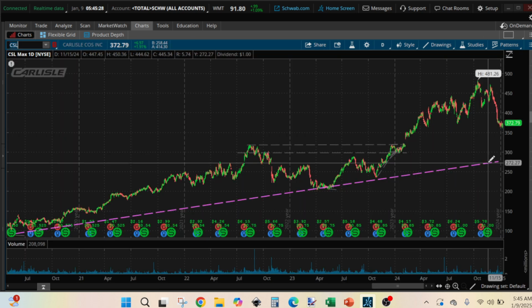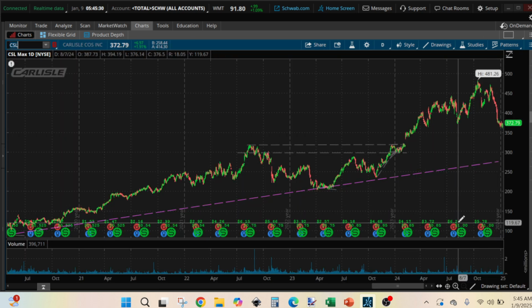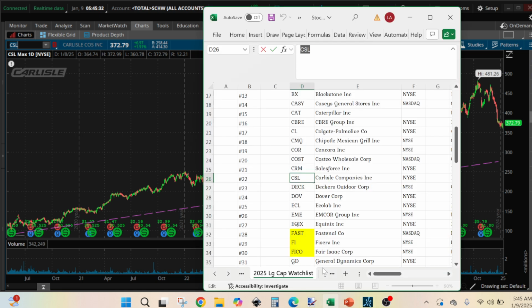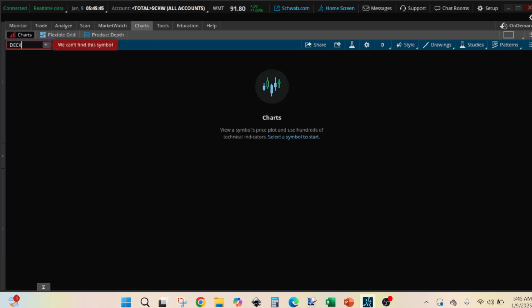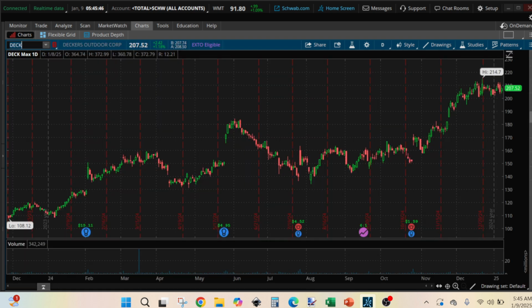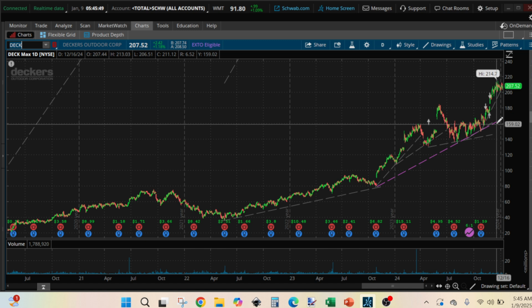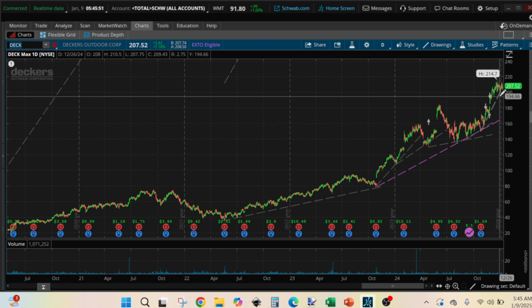We like to buy it at this trend line, and it seems to be going to a DECK. So the DECK, we like to buy it at this trend line, and right now it is following that trend line,